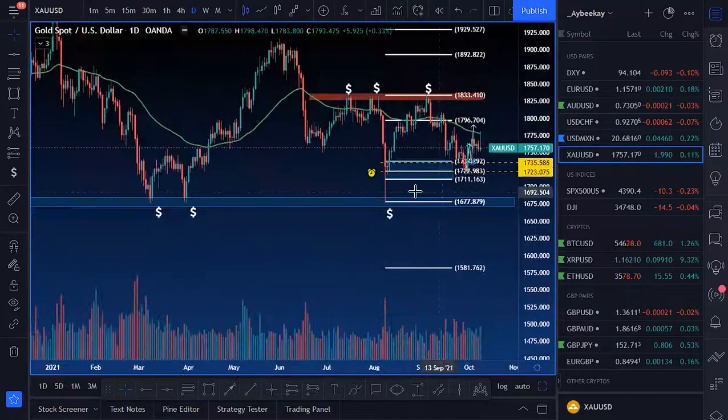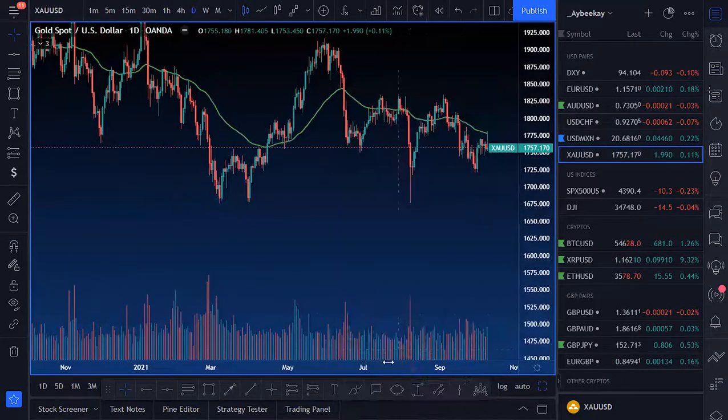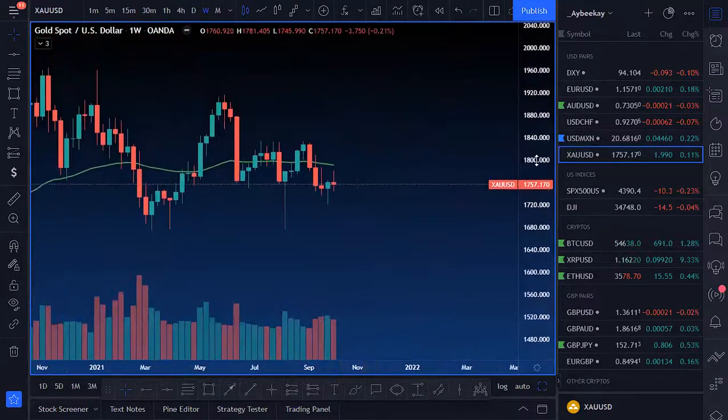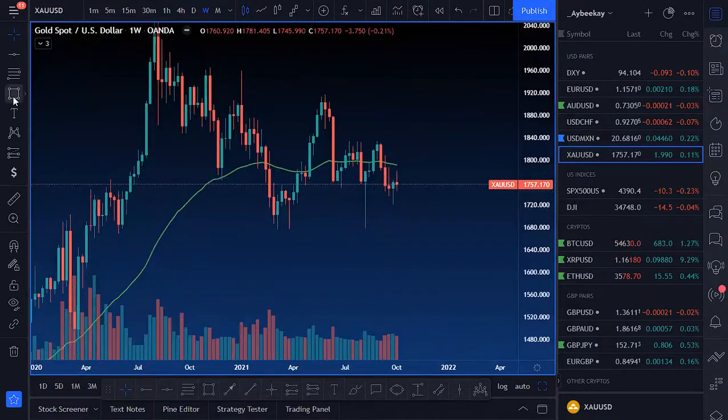Cool. I'm going to go ahead and delete all this stuff here and do a fresh markup, because gold hasn't done what I wanted it to do, right? So first and foremost, I have to acknowledge that right now where price is currently at, it's currently rejecting off of a zone that it has been respecting. I just wanted to point that out first and foremost.